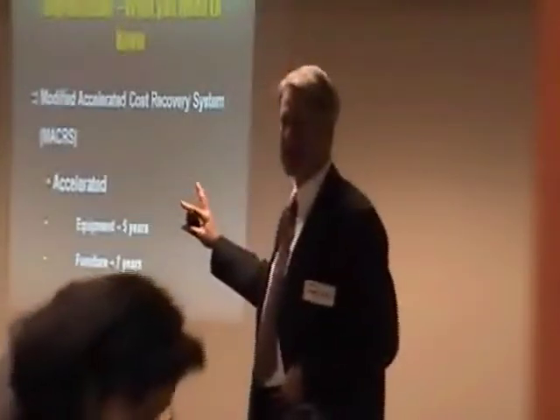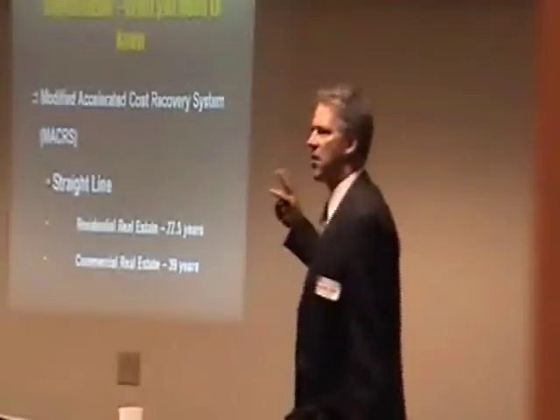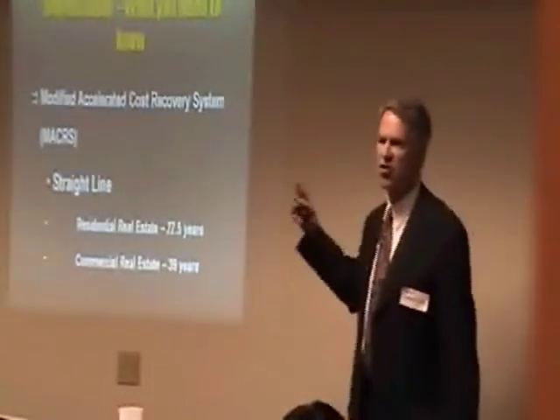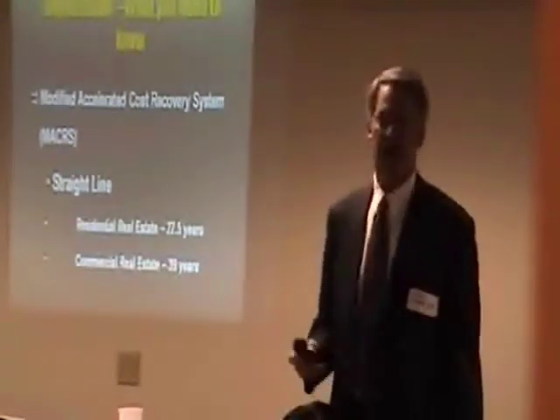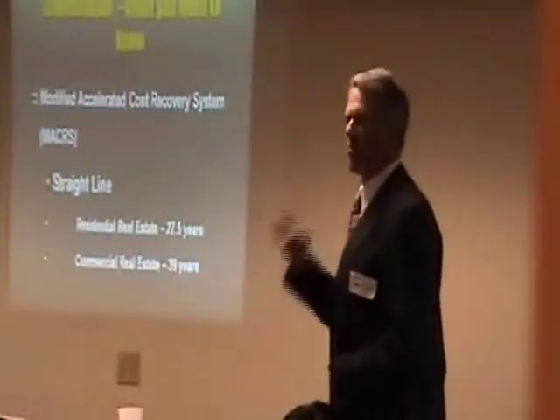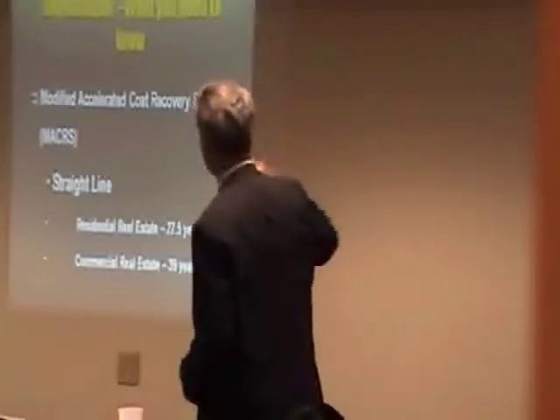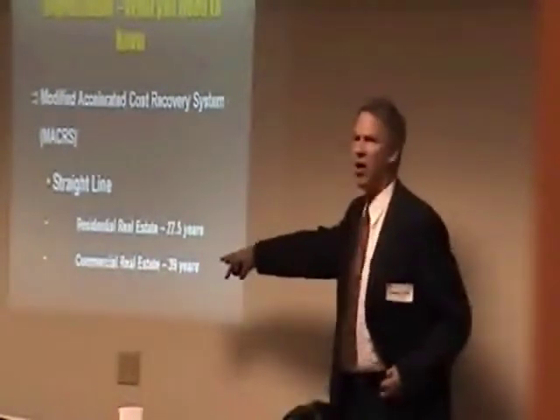Section 179 deduction. You can take it all at once. With regard to real estate, it does not have accelerated depreciation. Real estate is on a straight line method. That means after the first year, which is prorated by months, it's the same amount of depreciation every year, year after year after year after year, for 27 and a half years on residential real estate, and it's 39 on